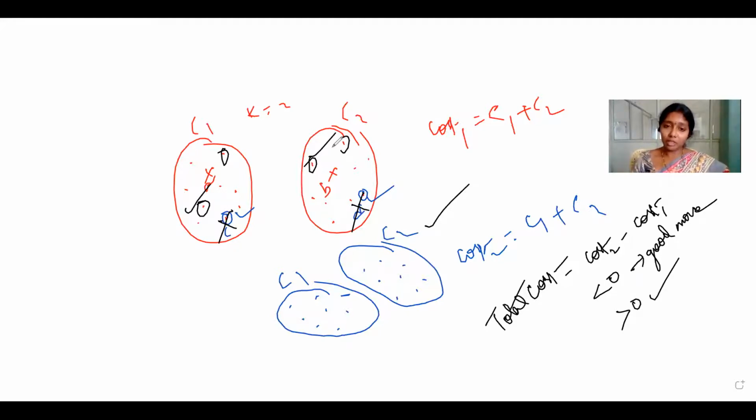So in this way, in a trial and error fashion, we need to select the perfect representative points for the next iteration. That means, since these are the clusters generated in the first iteration.